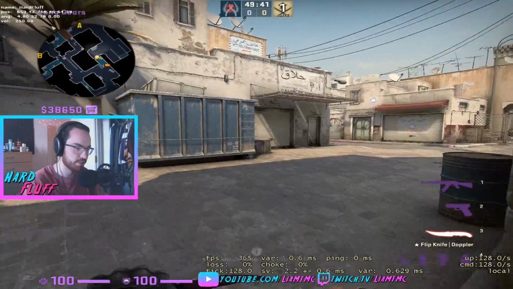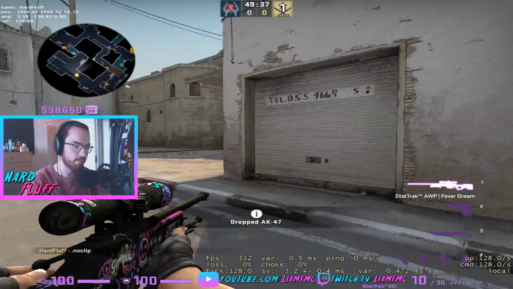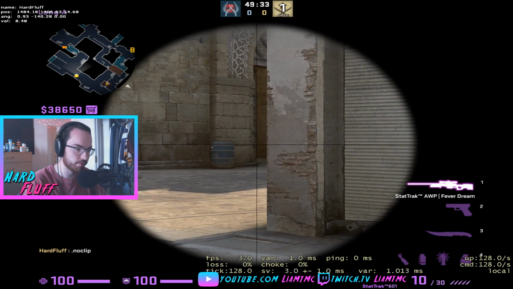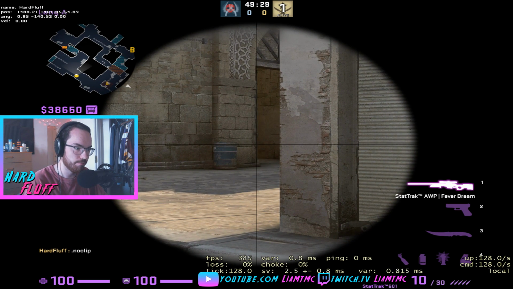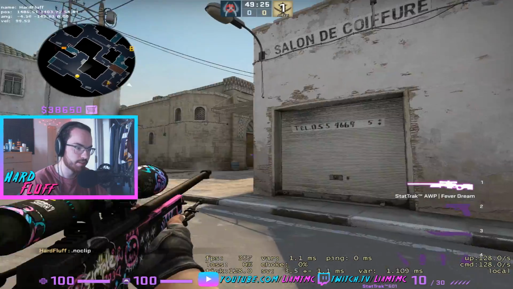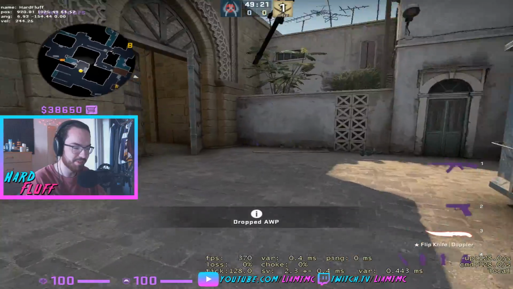just because as an opper, let me press the right button, as an opper, if you see somebody jump, your instinct is that they're just going to jump out to the angle, and it makes you flick up and they go back and you miss and you just feel like an idiot. But